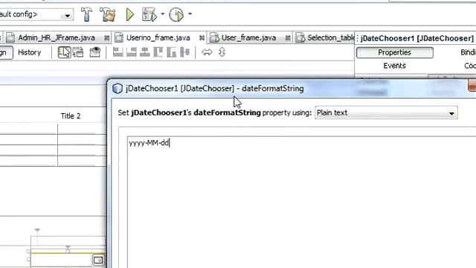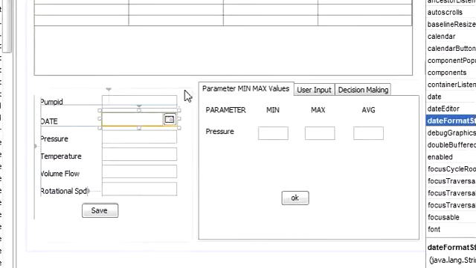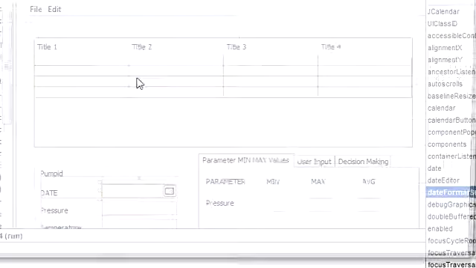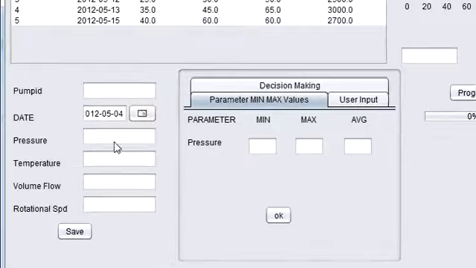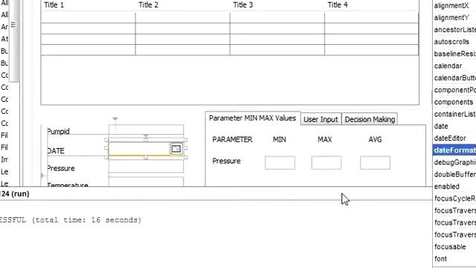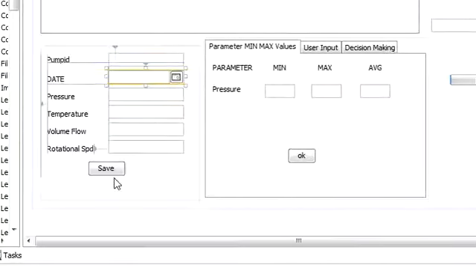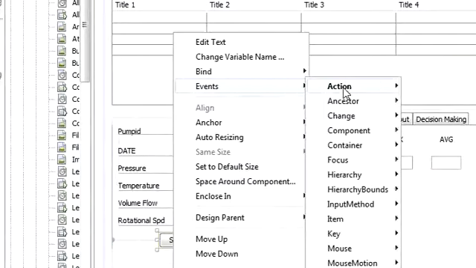So just go to the property and in the date format string, change this format of date. So now your date will come in that format. First the year, then the month, and then the day. After doing that, now we want to insert our data. So right click your save button, action performed,